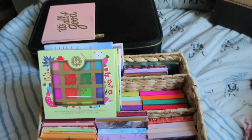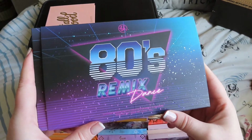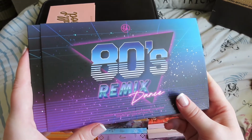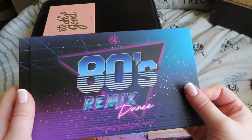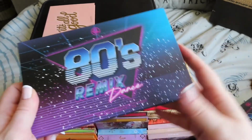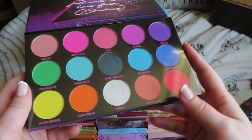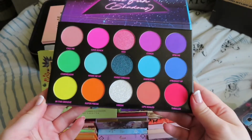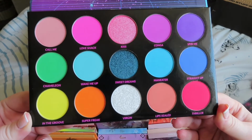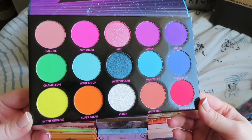And then lastly are the two that came today. These are brand new to BH Cosmetics. I think they only launched yesterday or Friday. They've done a remix dance range, so they've got 80s, 90s and noughties. This is the 80s one. Now I am scared of colour, as I have said a couple of times, but these palettes for some reason really spoke to me, really called to me, and I've got to say I am so blown away by...